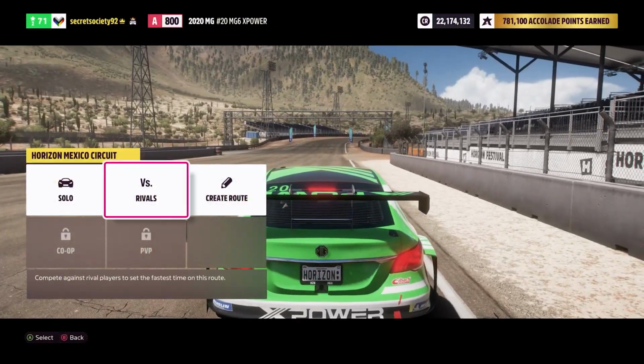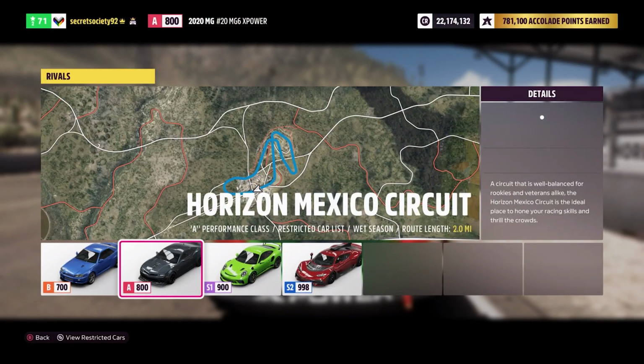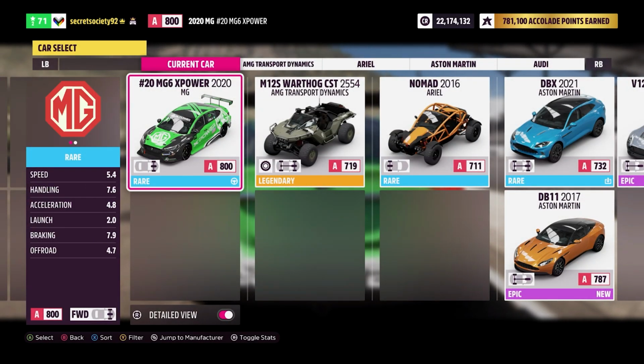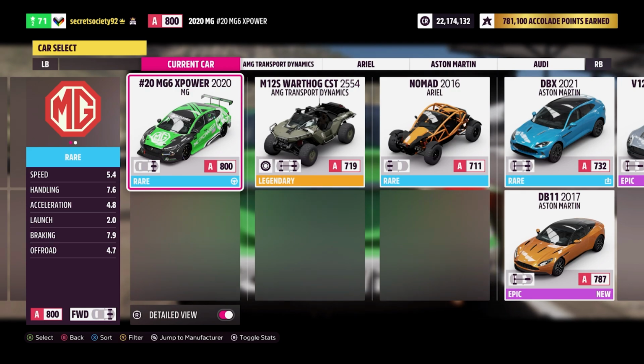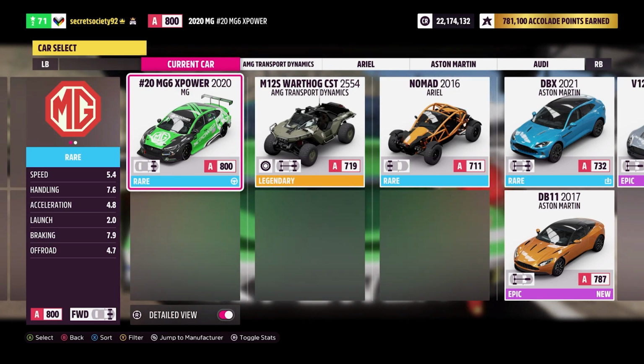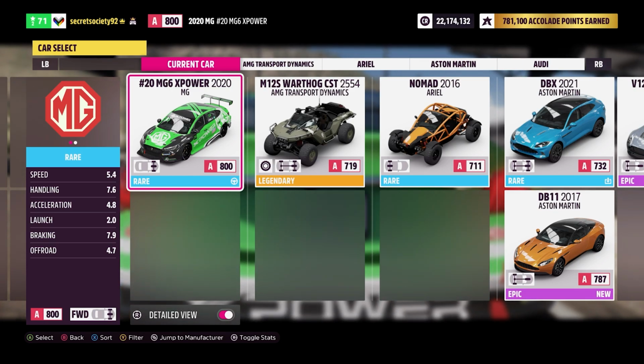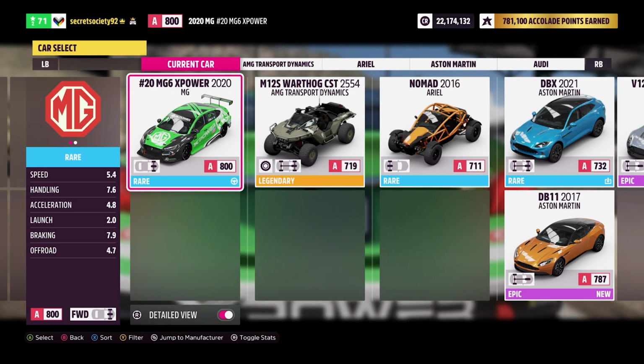And like with the standard car, this is in A-class, although it's all the way at the top this time round. And yeah, as you can see, it's got pretty damn good stats. The speed is decent, the handling and the braking is excellent, as you'd expect from a car like this. Acceleration is slightly better than the standard car, but as you can see, the launch is pretty poor, because, like